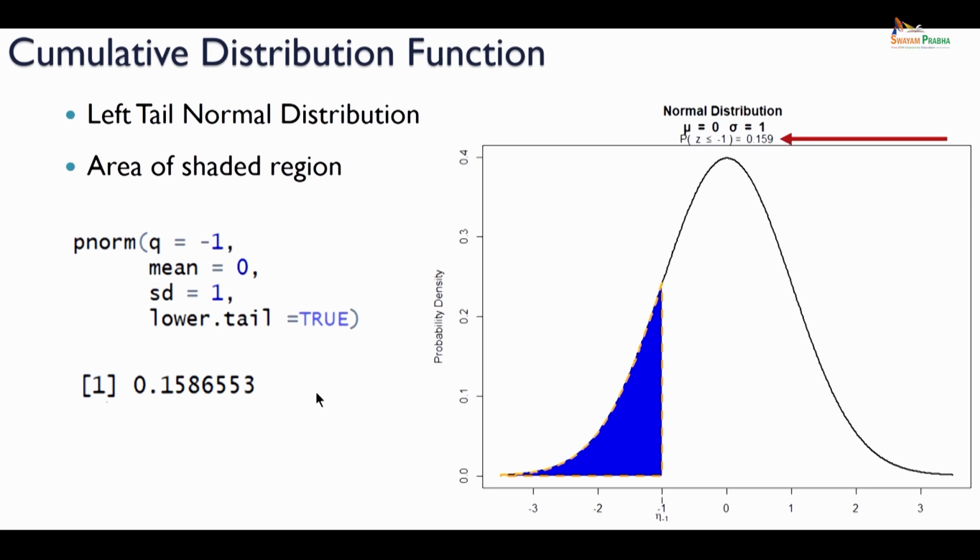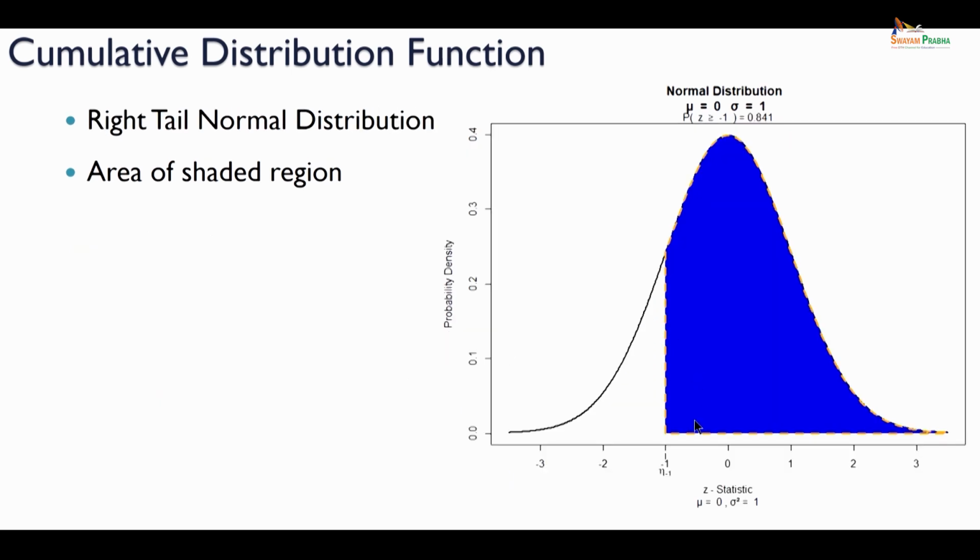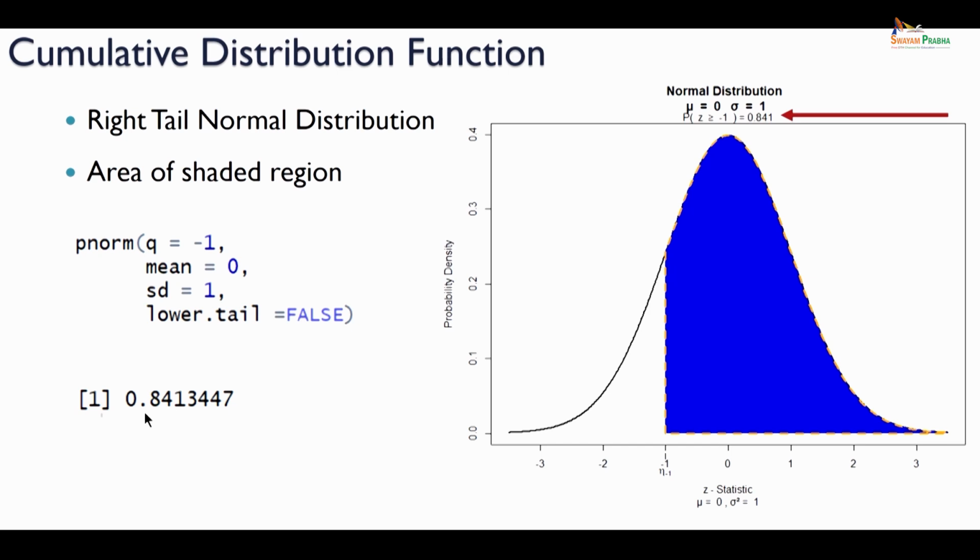So, let us see instead of a left tail how to get a right tail distribution. Again I am interested in getting the area of the plot. Again I am going to keep the start value as -1, mean as 0 and standard deviation as 1. However, since this is a right tail test, I am going to set the lower.tail parameter as FALSE. Once you do that, you will get a value of 0.8413 in your console, and that is the same value that gets displayed on top of the plot. So, till now we have seen for a left tail and a right tail normal distribution.